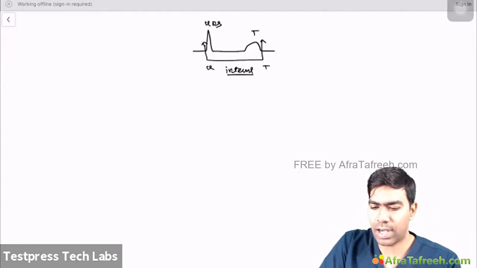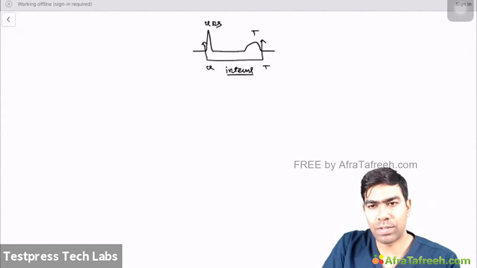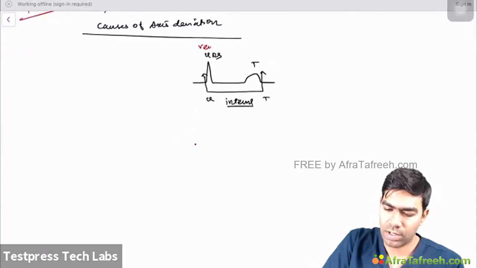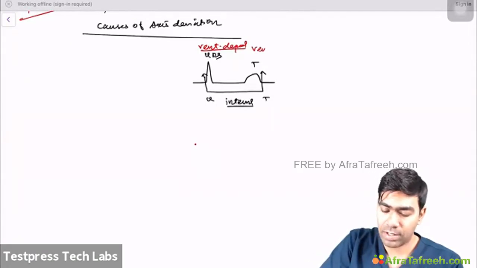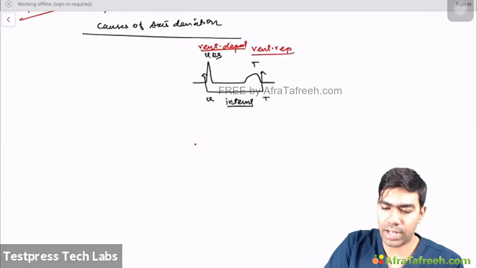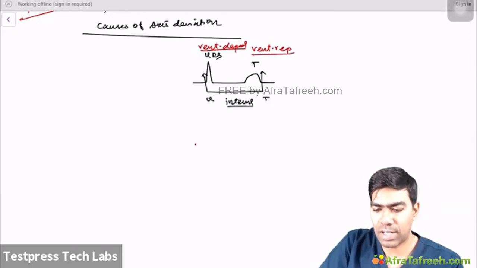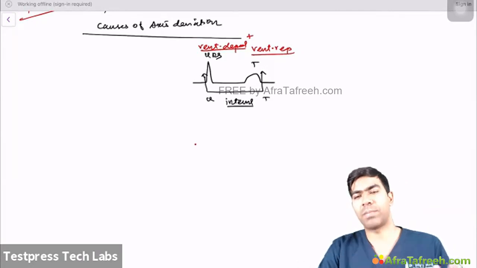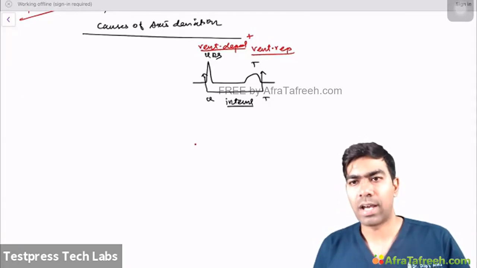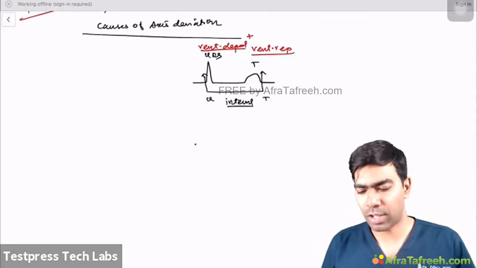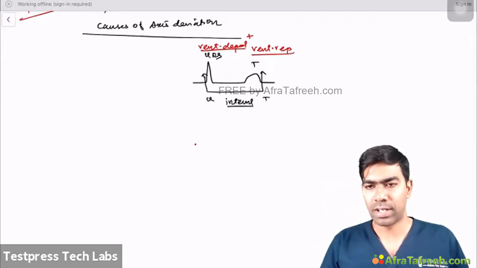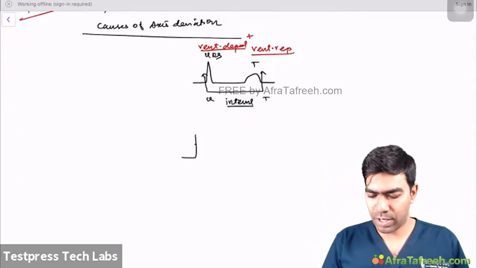And QRS and T wave, of course, both will be included, which means QRS is a sign of ventricular depolarization and T wave is a sign of ventricular repolarization. So QT interval is nothing but the sum of ventricular depolarization and repolarization. The time taken by the ventricle to depolarize and repolarize is what we are going to call a QT interval. That's the definition of a QT interval. The time taken for the ventricles to depolarize and repolarize. If you want to extrapolate in the form of an action potential,